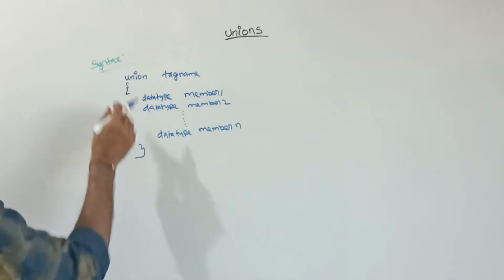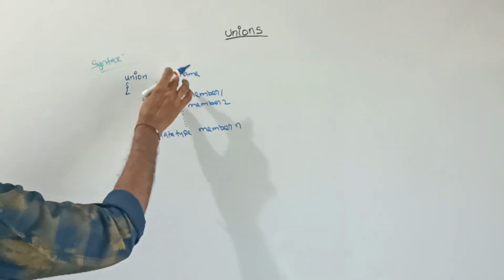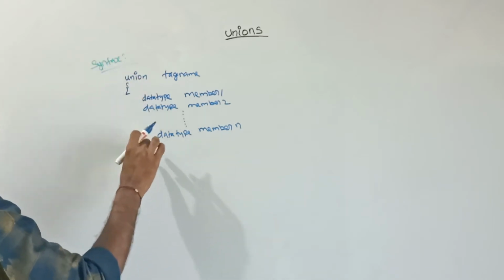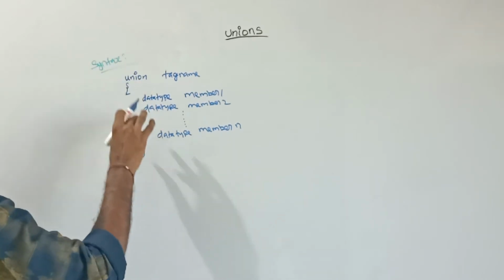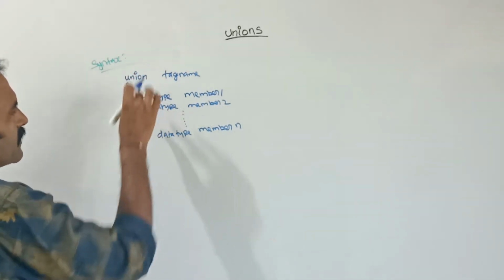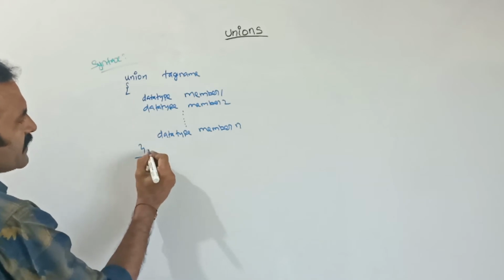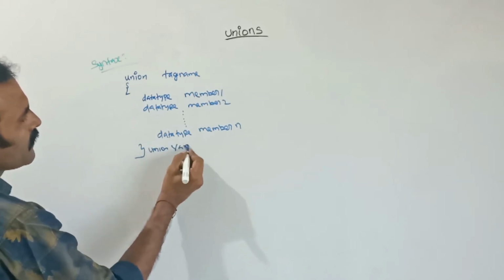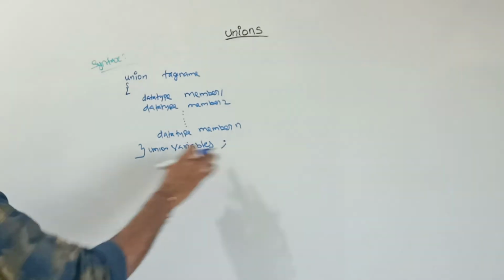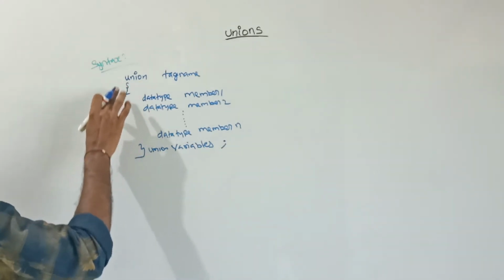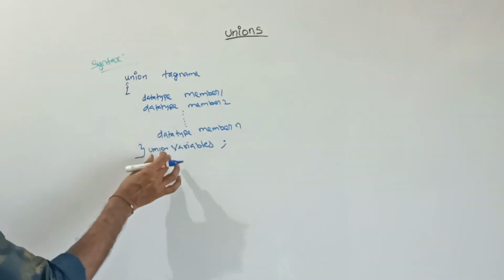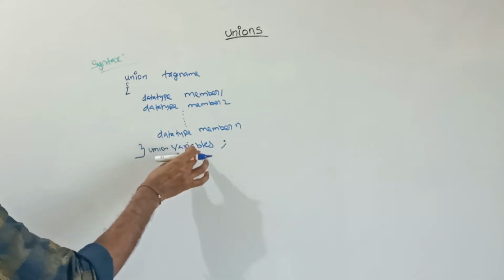Next, here we can declare the union variable. While creating the union itself, we can declare the variable, or we can declare the variable outside also. For example, now I am giving the union variable here itself. Here we can give the variables. After that, we can give the semicolon. So when we are creating the union, at last we should end with the semicolon. Here I had created the union variable here itself.